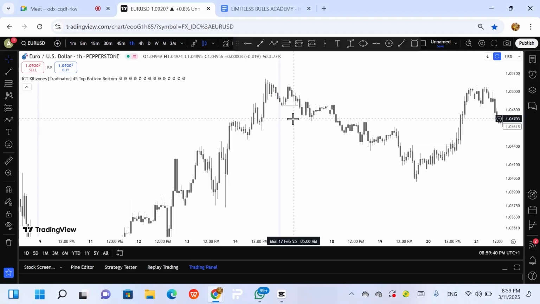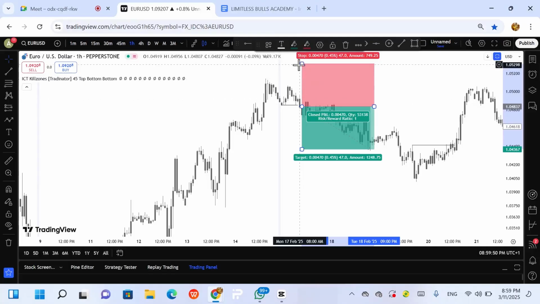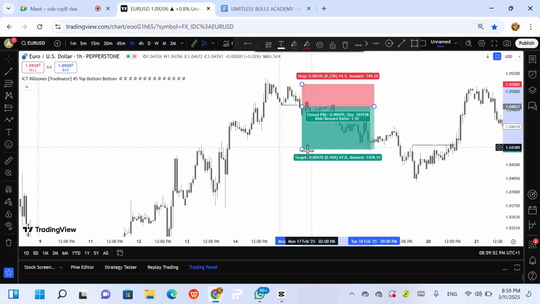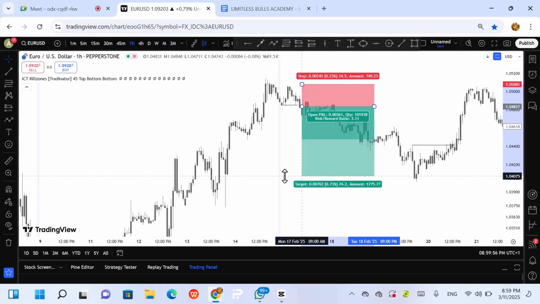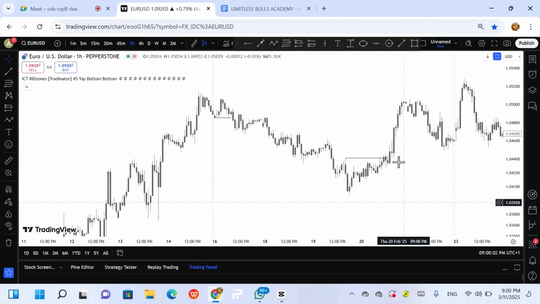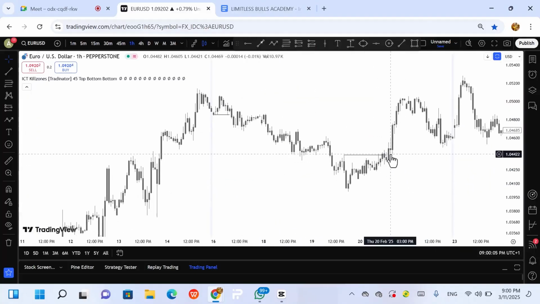We call this either a reversal or a continuation trade. So after breaking out, we wait for a retest to this zone, and if you have taken a sell from this point, our call will soon be ending, but just be patient. I will have to set another call. Then we'll target any of these liquidity zones, maybe 1:3, and the market came, and boom, our TP. And after you see this break of structure, what are you looking for? This was the retest.